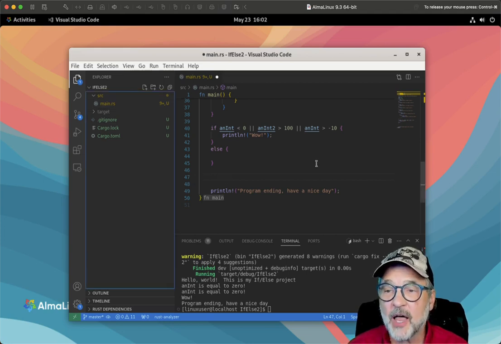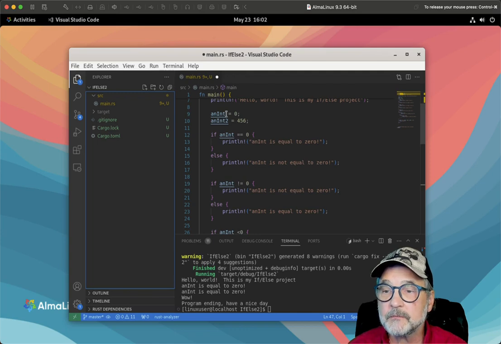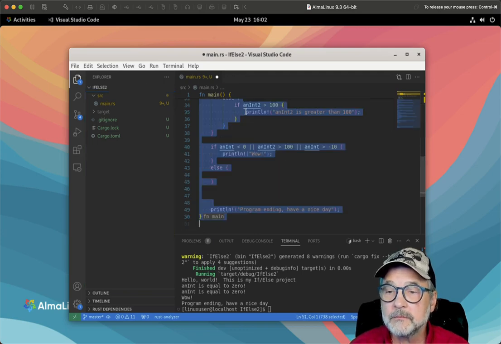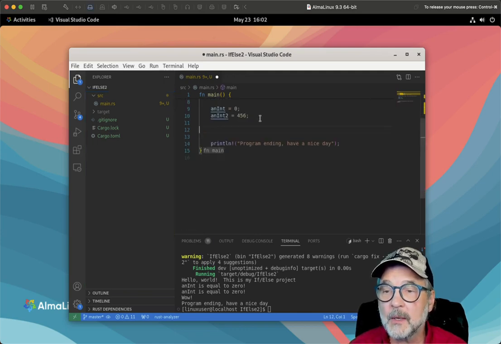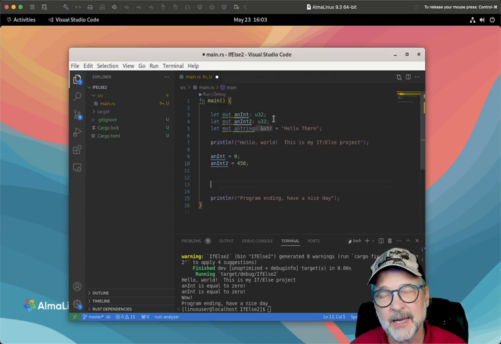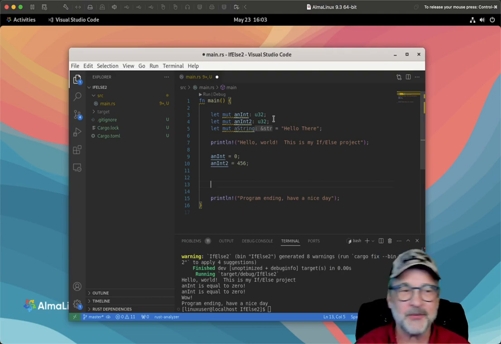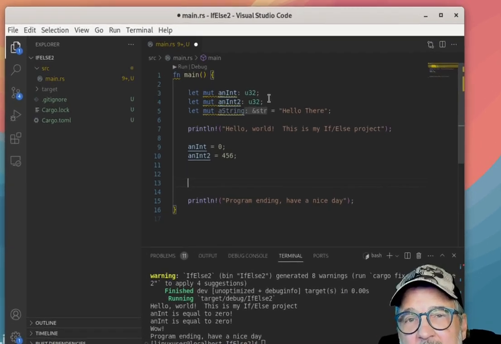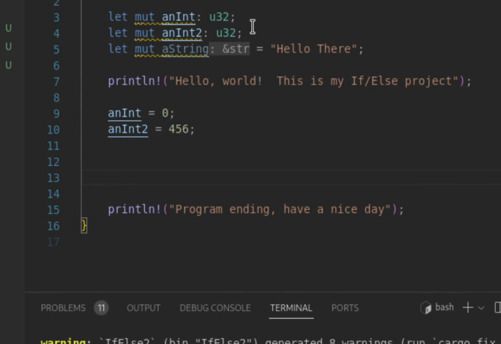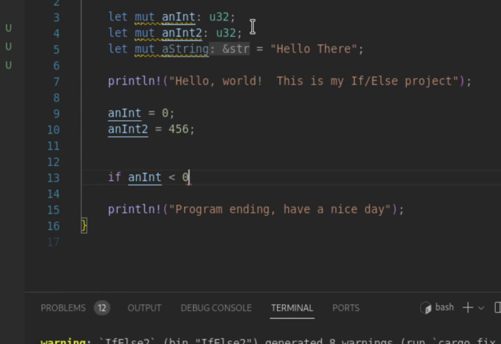if-elses. Now there's an awful lot of code here. I'm going to get rid of a lot of this and start anew. And else-if is kind of neat. Else-if is what they're called, and what they allow you to do is have a nested if that's a little bit more orderly. So I'm going to say if an int is less than 0,